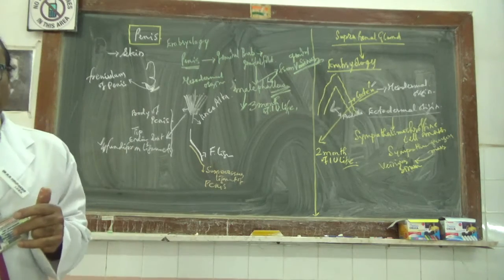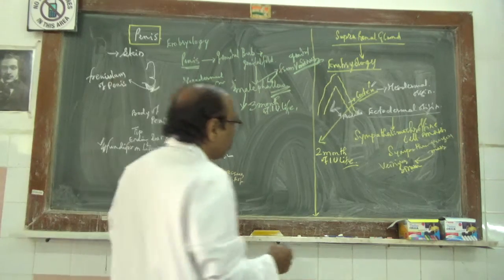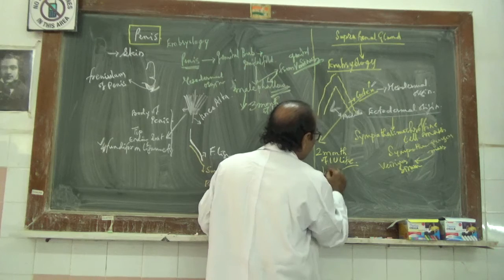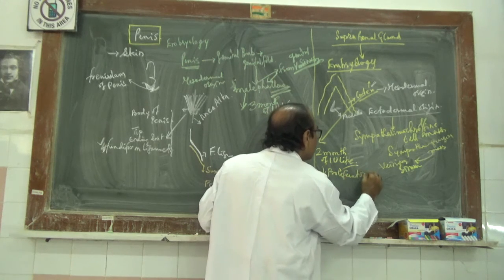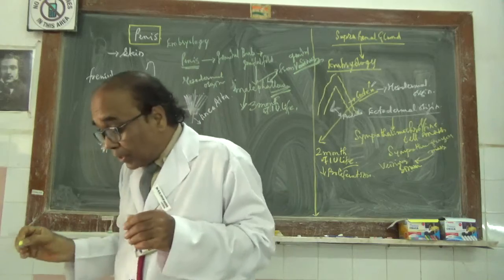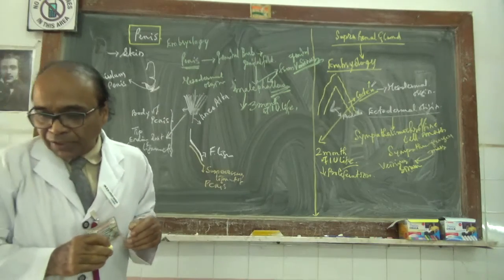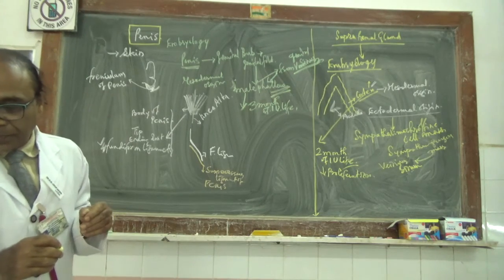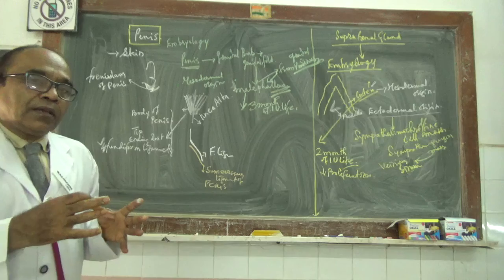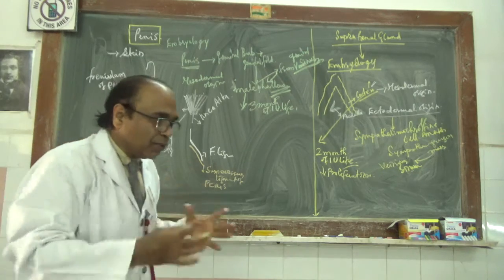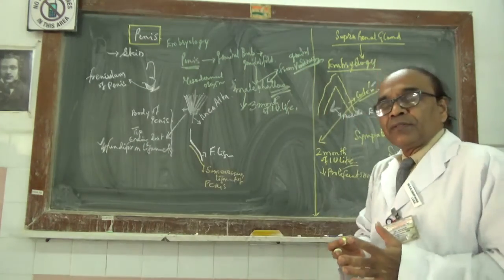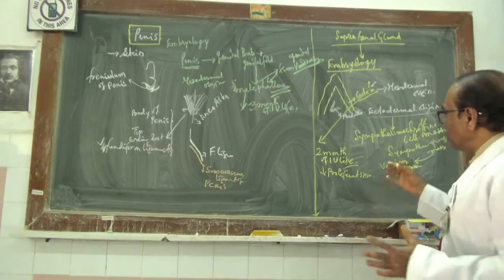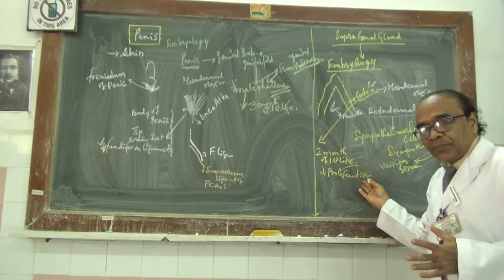It develops from proliferation. The meaning of proliferation is that well developed, well multiplied cells will form from the